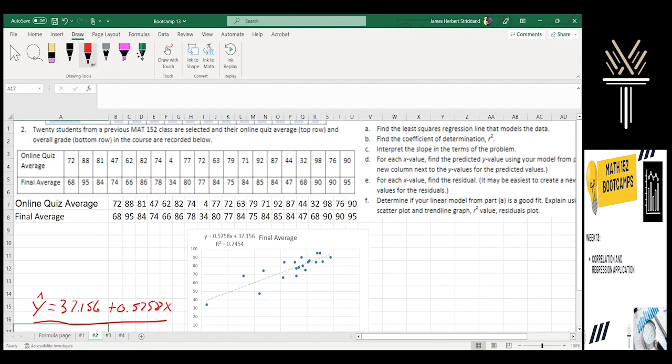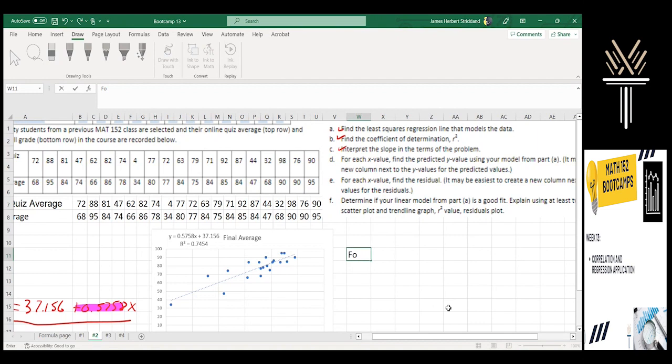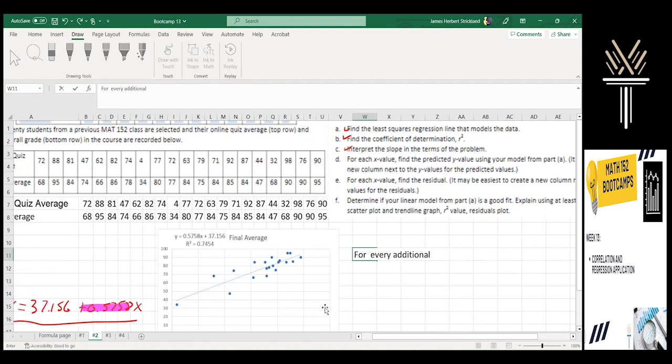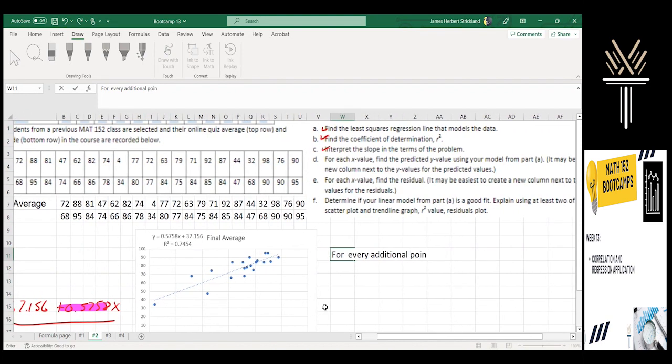But we have our least squares regression at least, and we have our R squared. So let's interpret our slope. Our slope we can see is this positive number. And so what we'll say, for every additional X, and X in this case is online quiz average, so for every additional point earned on our online quiz average,